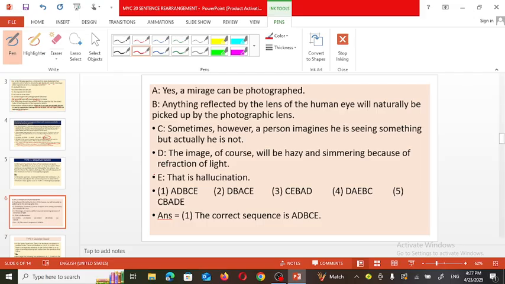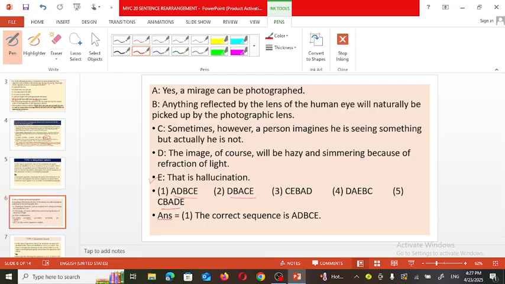So when we have read all these sentences, you are able to see that definitely the E sentence must come at the end. So in the given options, where you are able to see this E statement at the end, in the first, second and fifth options, consider these three options. Now let's see here. In the first option, the A statement is given first. In the second option, the D statement is given first. And in the last option, the C statement is given first.